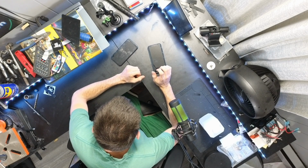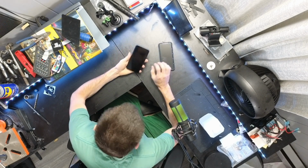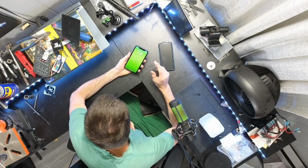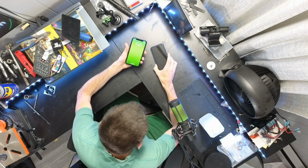The iPhone also, I feel like, has a little bit better features like FaceTime and all that, while the Android does not have that. So that's a feature I'm going to miss, but I'll take it because, again,